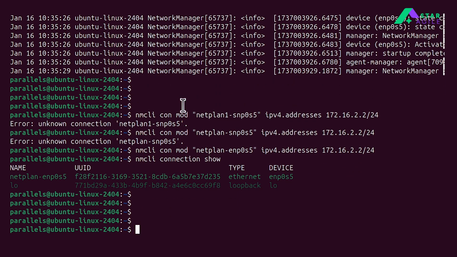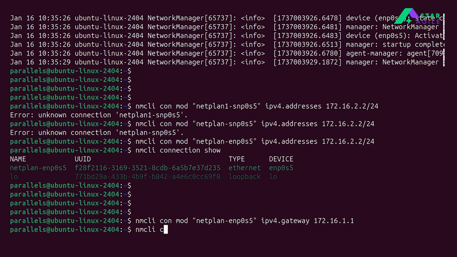Let's try to add a gateway as well. nmcli connection mod Netplan ENP0S5, then IPv4 dot gateway and 172.16.1. Okay,